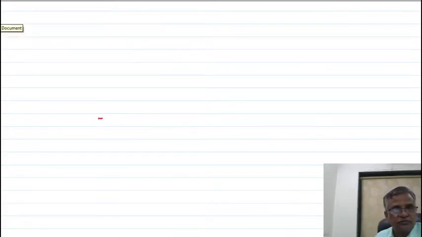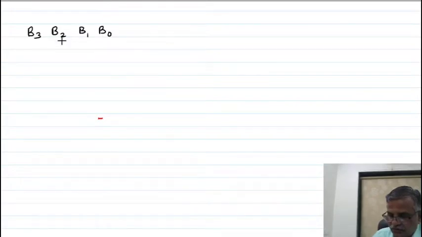I am showing you the simplest way to convert a binary number into gray code. Suppose you want to convert the 4-bit binary number 1010 into gray code. Remember, G3 is nothing but B3 itself.